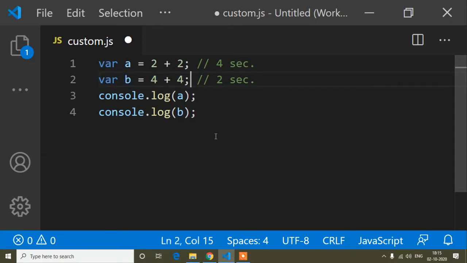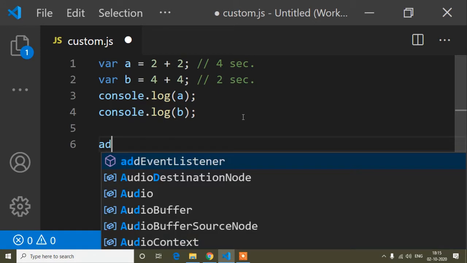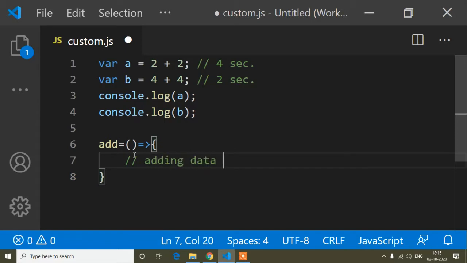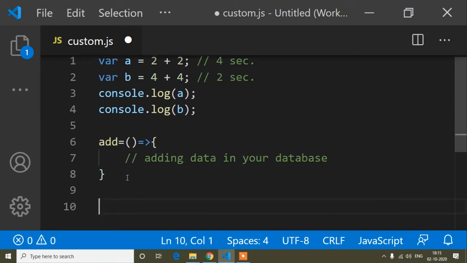But sometimes we have a requirement. Suppose you have functions in any asynchronous program like Node or anything. Suppose we have two functions. Here I write function add, and here you are adding some data to your database. And you have another function, view.